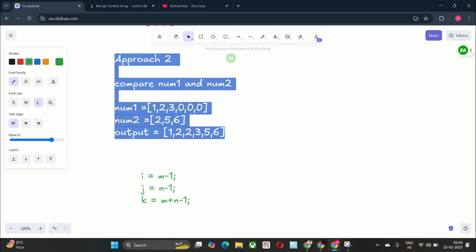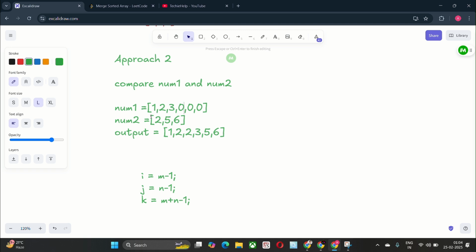Here you see in approach 2 we compare elements of nums2 with nums1. So in the place of the last 0 we compare 6. 6 is greater than 0, so 6 is placed. Now the second 0 is compared with 5, and 5 is greater than 0, so 5 is inserted.